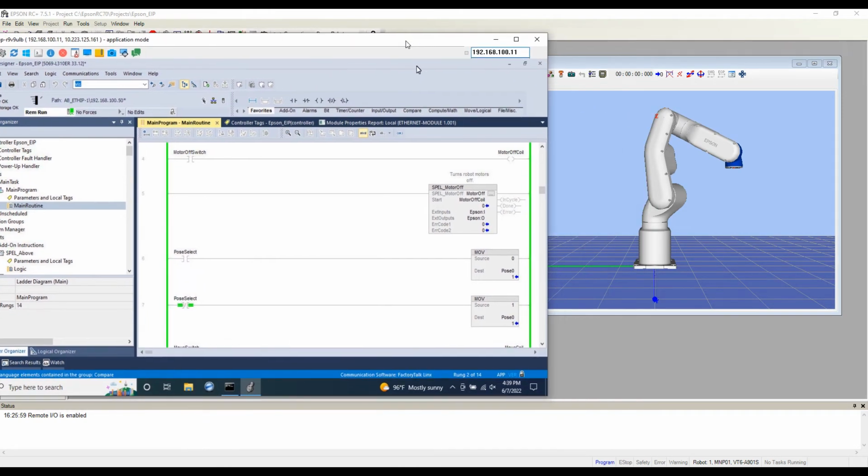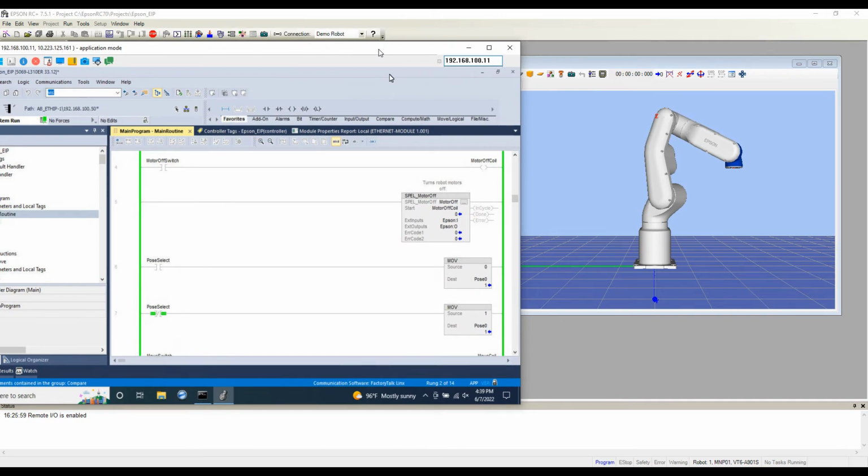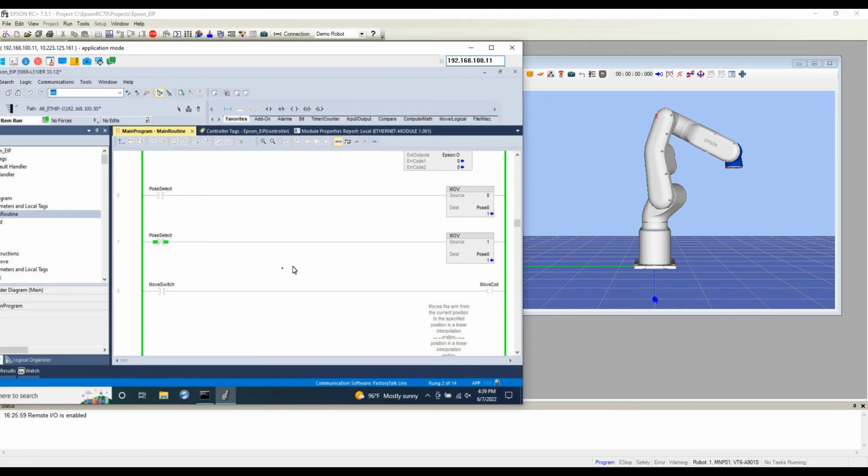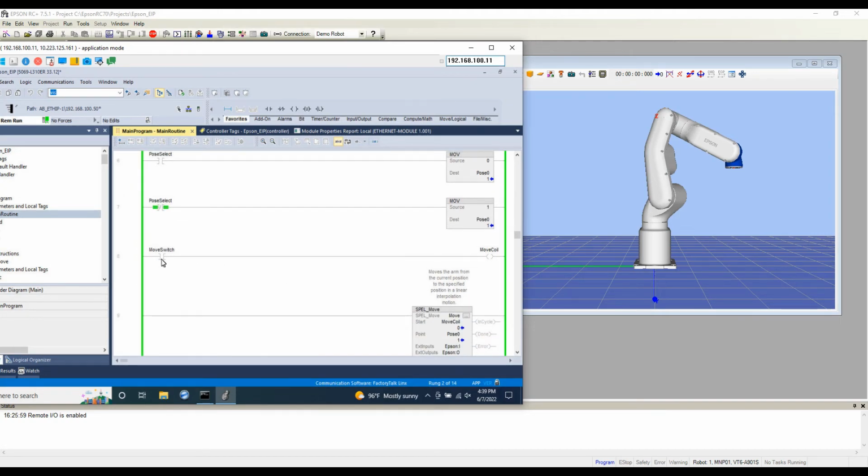So first, I'm not really sure of our current location. We're either at 0 or 1, but let's go ahead and turn on the move switch and see if the robot moves to position. Yep. So that was moving to position 1. Let's go ahead and flip our pose select switch over here. Now we're going to move to position 0. You see the point down here changes from 1 to 0. We'll go ahead and flip the switch. And now it's moving to position 0. So we have full control